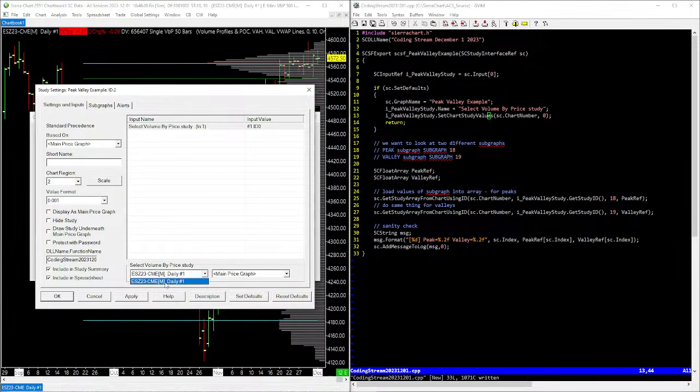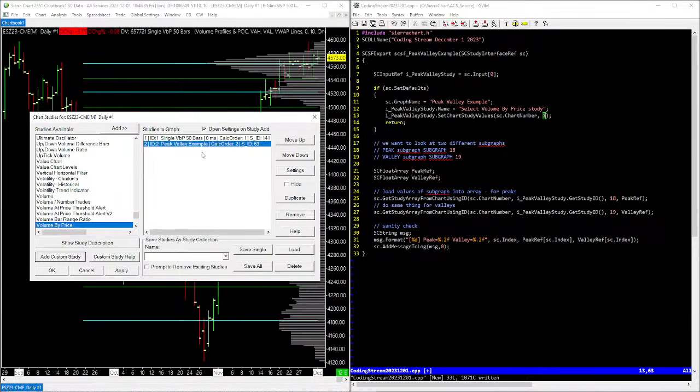So we can see what chart we're on, and then I want to select ID 1. I'm actually going to update this here to show ID 1 so that next time we compile this, it's already preselected. So when we hit OK, this should be running through